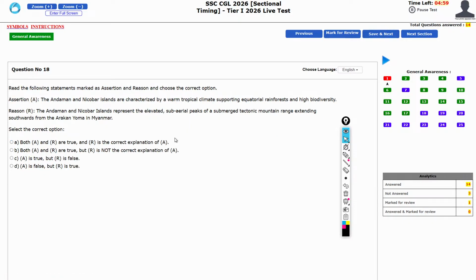the next one is Andaman and Nicobar Islands are characterized by a warm tropical climate supporting equatorial rainforest and high diversity. Yeah, true. Reason is Andaman and Nicobar Islands represent the elevated subaerial peaks of submerged tectonic mountain ranges extending southward. Both are true, but not an explanation. So